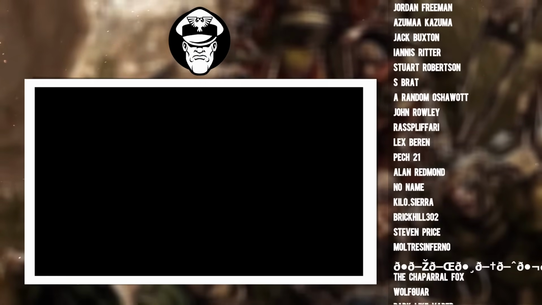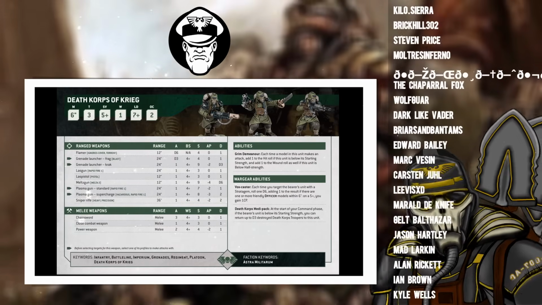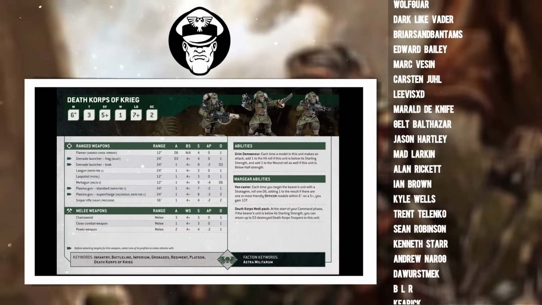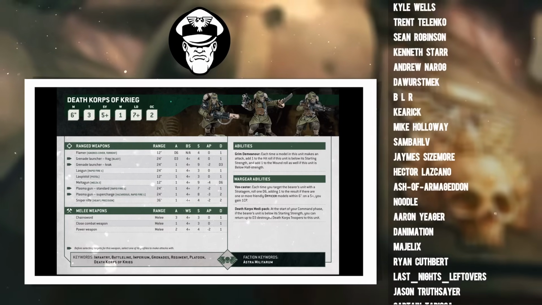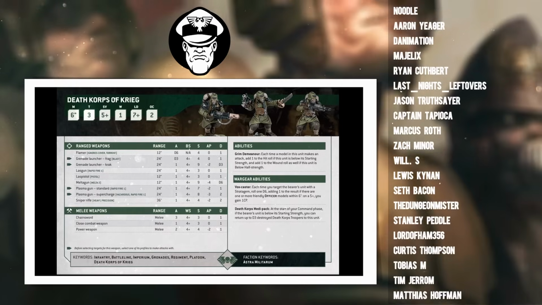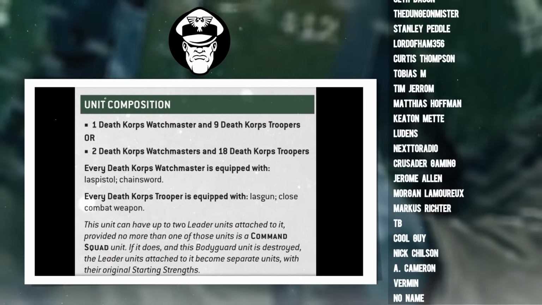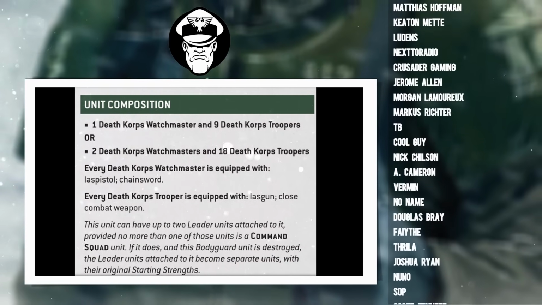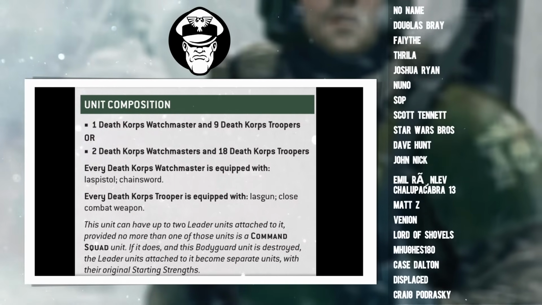Last but certainly not least, we have the Death Corps of Krieg. They're a very popular infantry choice right now, the go-to for a lot of players, both casually and competitively. And this is because they can come with a lot of special war gear. Each 10-man squad comes with a Watchmaster and 9 troopers, and each 20-man squad comes with 2 Watchmasters and 18